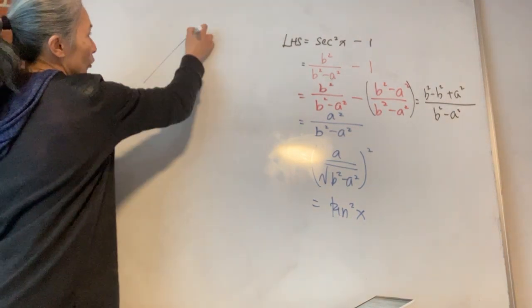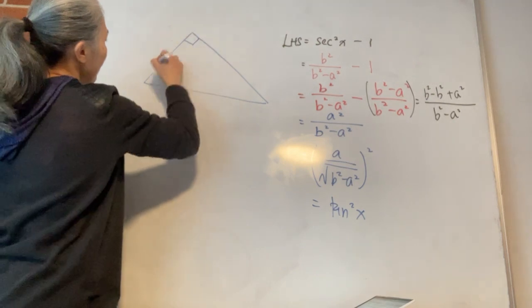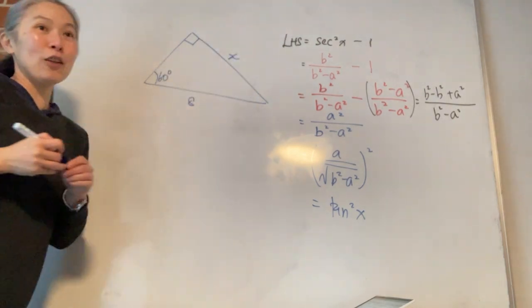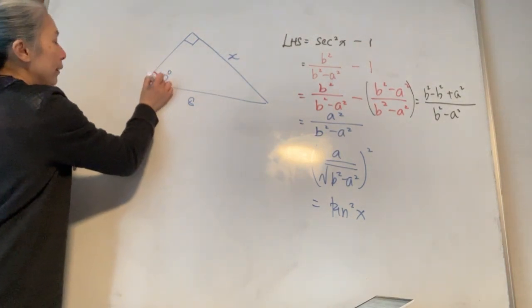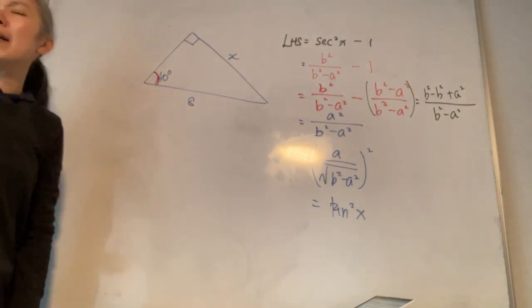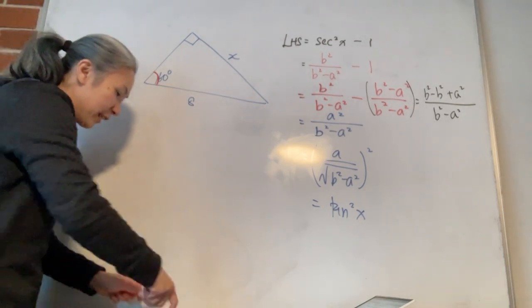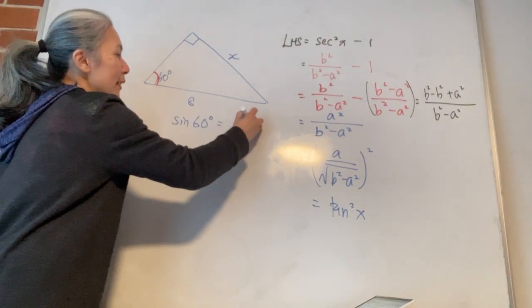So if you look at the triangle, it looks like that, the first one. This is a 60 degree, this is an 8, this is an x. So first step is from the angle, we know this angle. This is the opposite, this is the hypotenuse. So what am I going to use? Sine, cos, or tan? Sine, yeah. I'm going to write that. Sine 60 equals opposite over